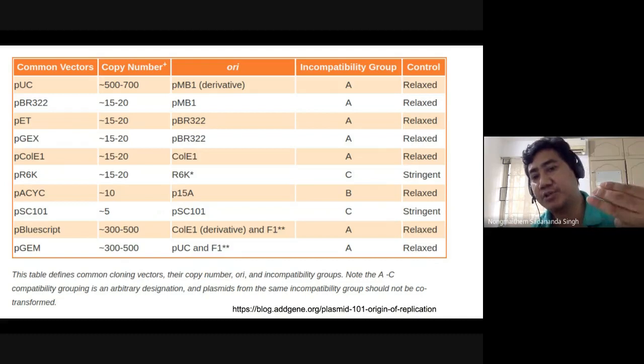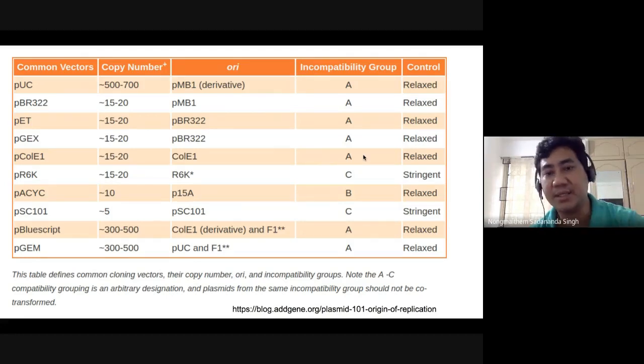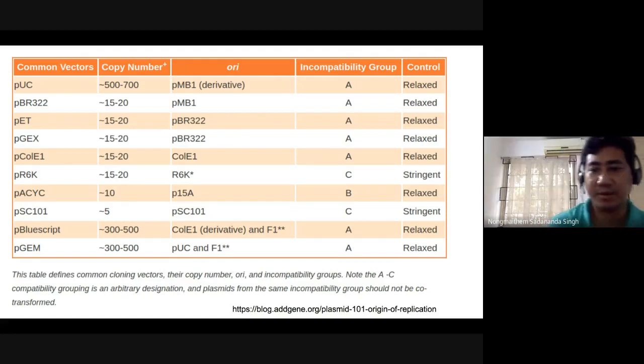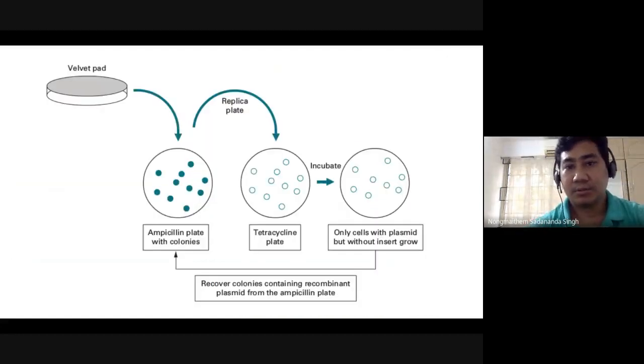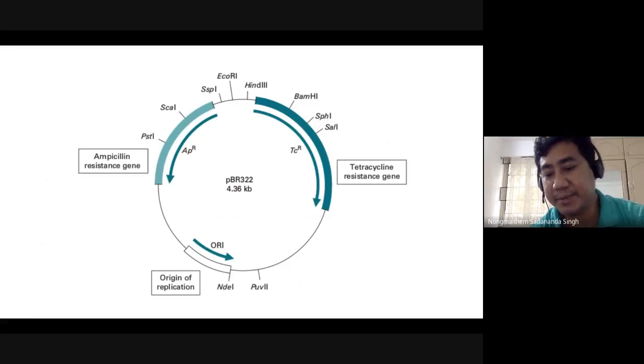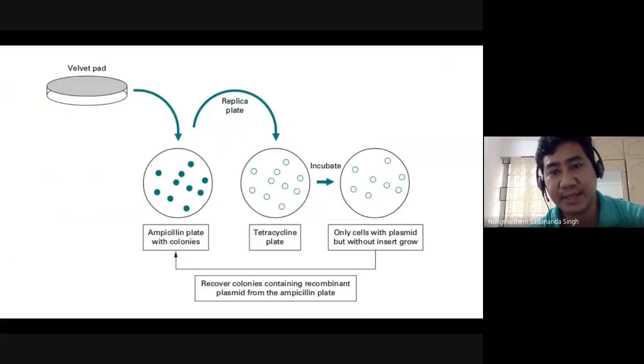So if you want to utilize three different types of plasmids in your screening in any experiment, you have to put one A type of plasmid, another B type, and another C type. Then only will you be able to put three plasmids in the same E. coli cells. Otherwise, you will never be able to maintain three types of plasmids. So whatever we have been discussing, the tetracycline stuff we were talking about earlier,